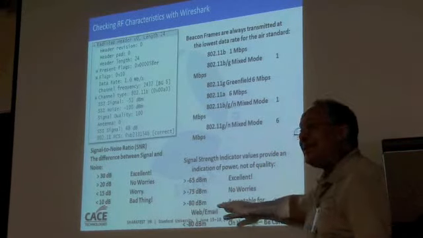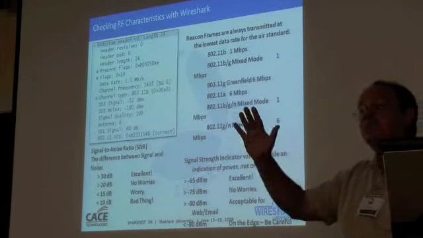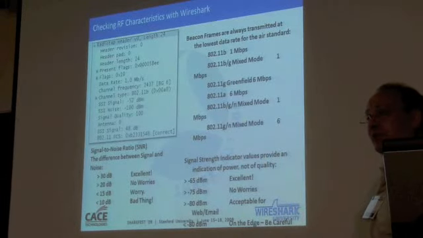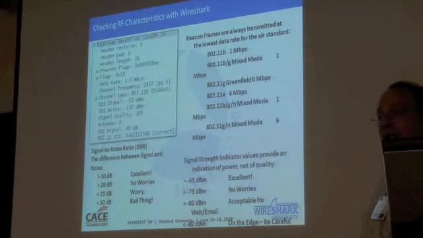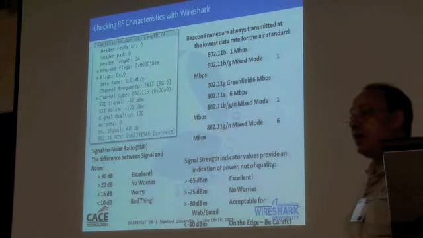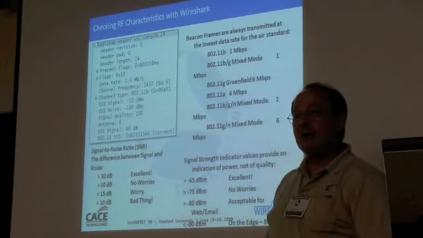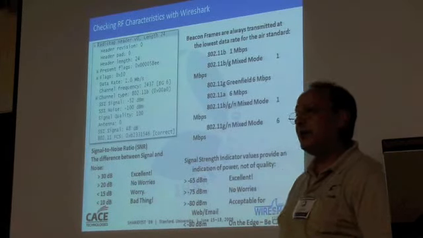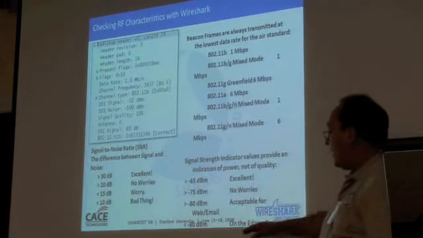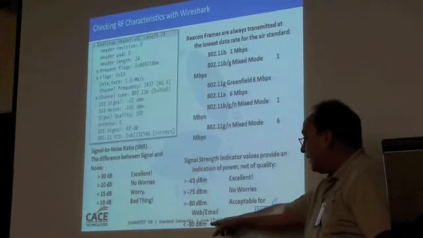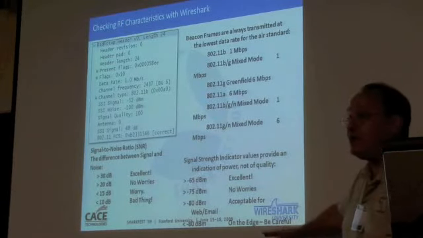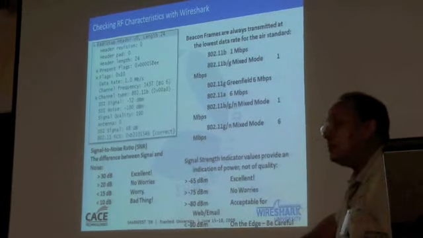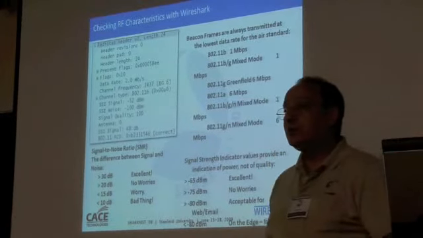Greater than minus 80, okay, web and email, okay, but don't plan to have that be your replacement for your wired network if you're down at minus 80. It'll work just fine in a hotel or a resort, but not in a classroom, not in an office building. You want that minus 75. And this is going to go off the page. Less than minus 80, you're on the edge. You're really on the edge. Less than minus 90, it's not going to work for you.